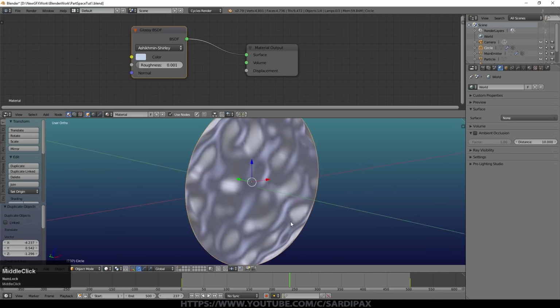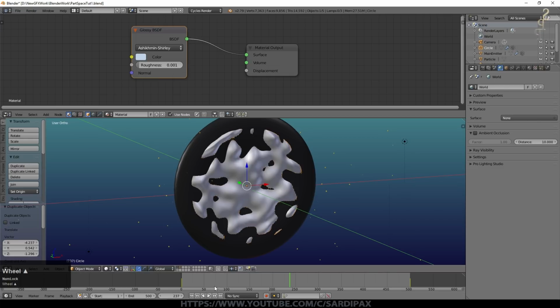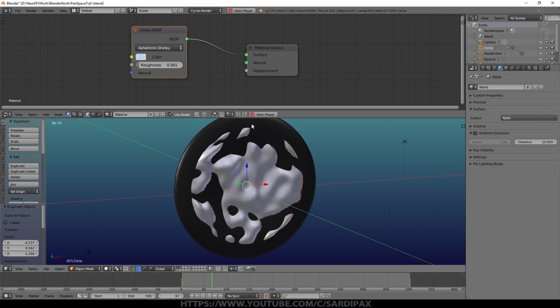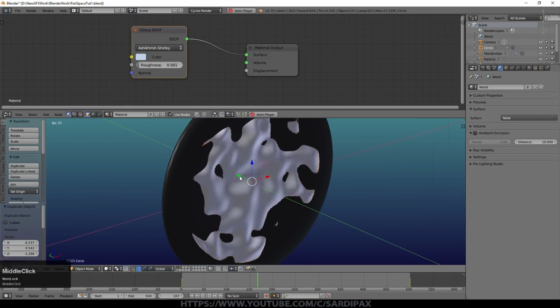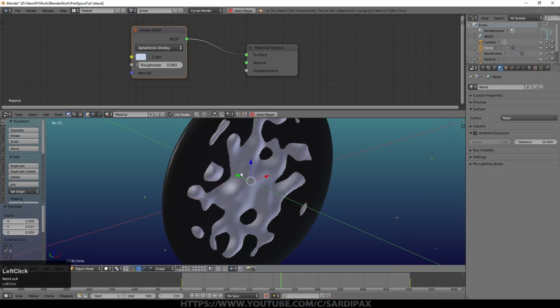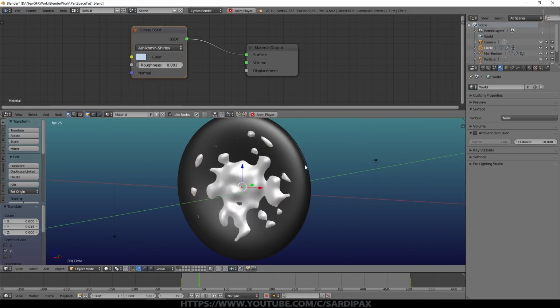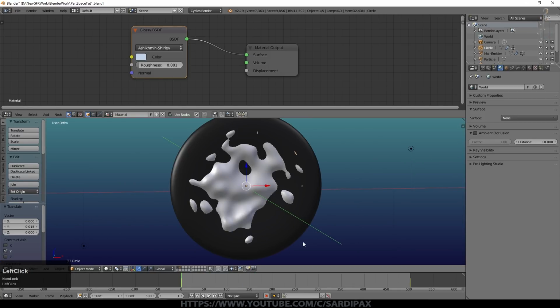We go back to solid view, come over here, and then call this up. We can see how that's lining up with our main object. If you find the edge is lifting up at all, you can either move it a little deeper into the main object, or you can increase that vertex group that was defining what is affected by the displacement. So that's that part, and now we need to do a little bit with our particles.